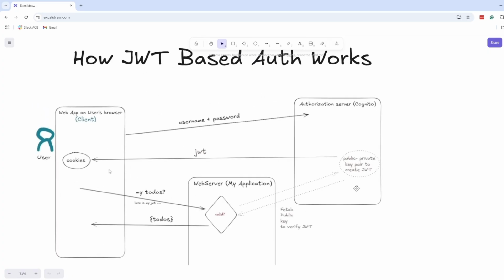then we use some third party or some separate server that is known as an authorization server. And here, let's say Cognito is an authorization server. So instead of authenticating at our application server, we authenticate at our authorization server, and this server verifies credentials and returns a JWT which is signed by a private key, and this JWT can be stored in the cookies. And when we make a call to our application server, it can verify the validity of the JWT by fetching the public key from the authorization